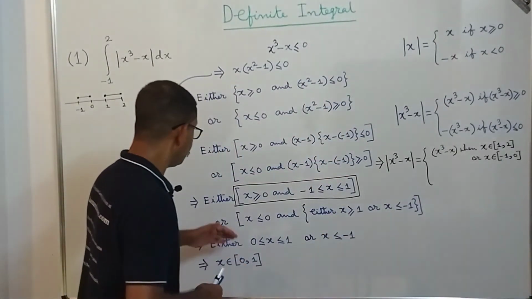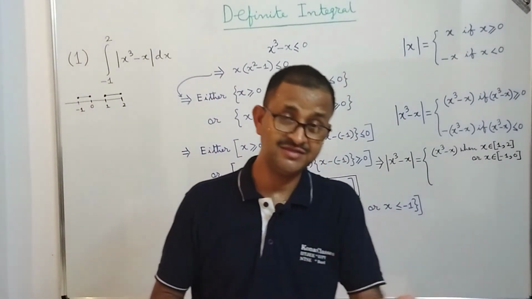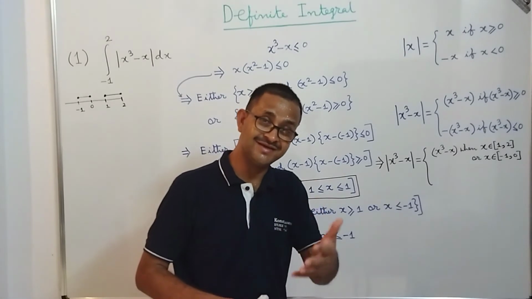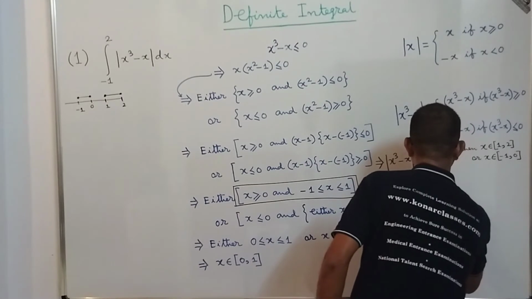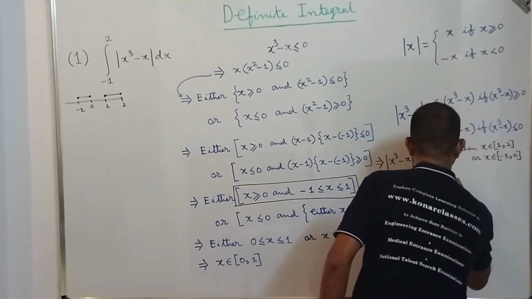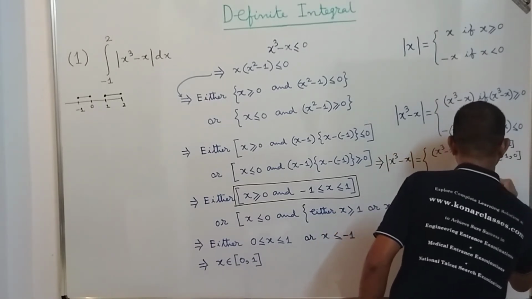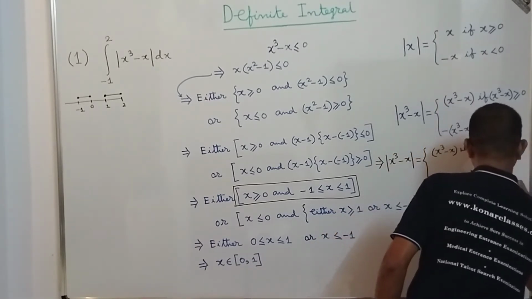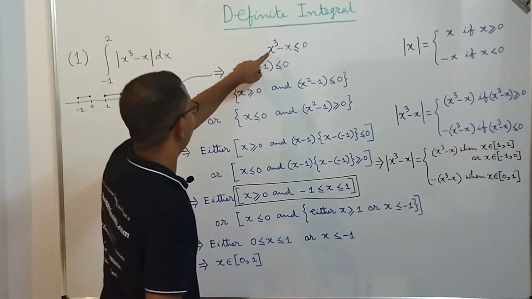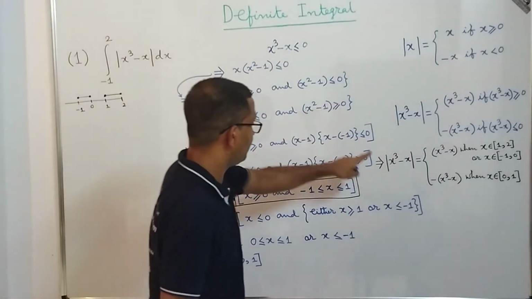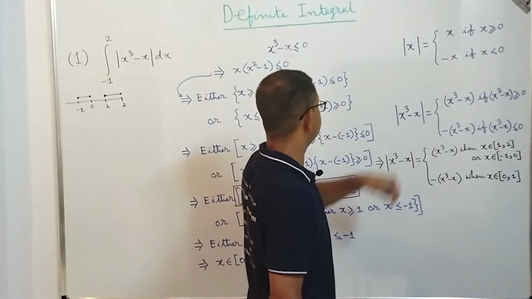Why have I done so? Because just to show that this is the way to find the values. That's what I said: you can consider this class as a class of inequality also. Okay, so what we get is minus of (x cube minus x) when x belongs to 0 to 1, because in this range the value of x cube minus x is less than 0. So mod of x cube minus x would be minus of (x cube minus x), as we get from this definition.